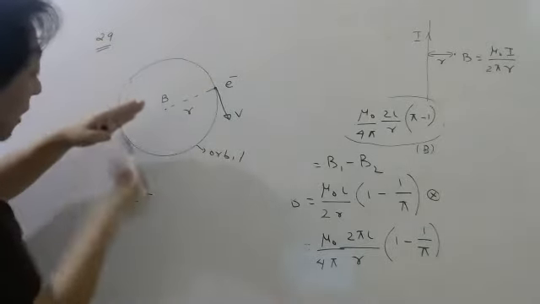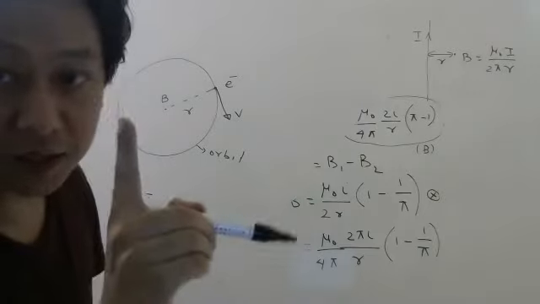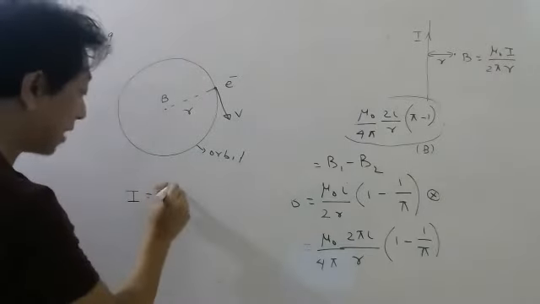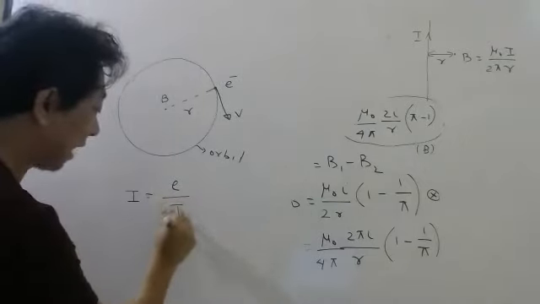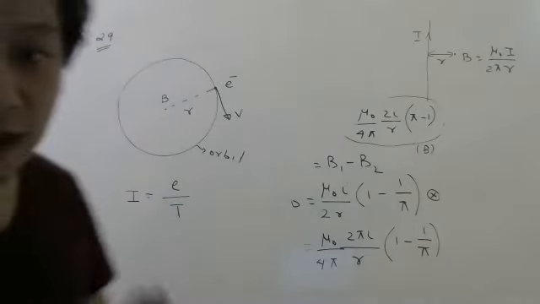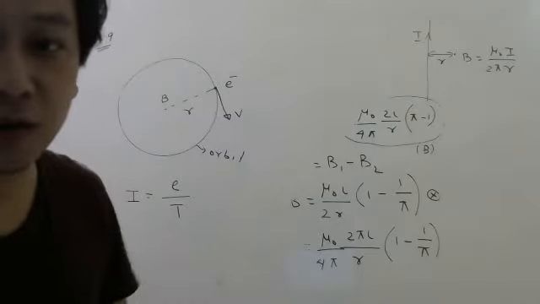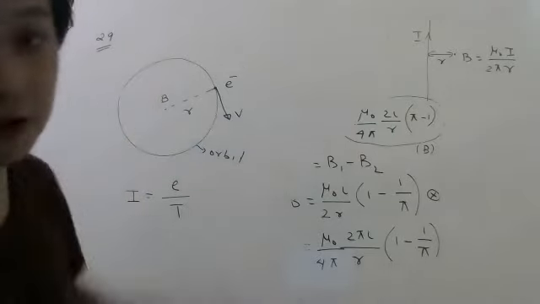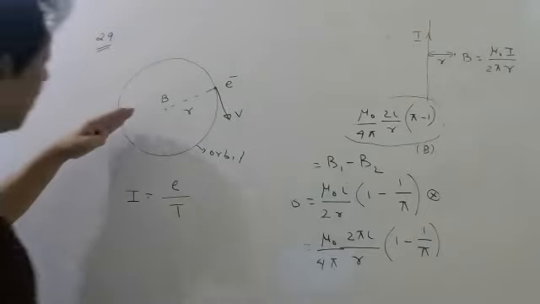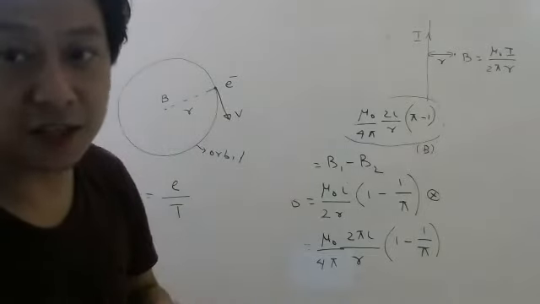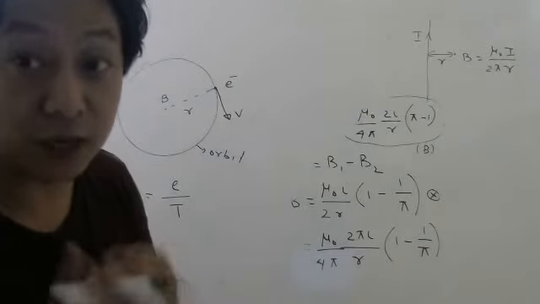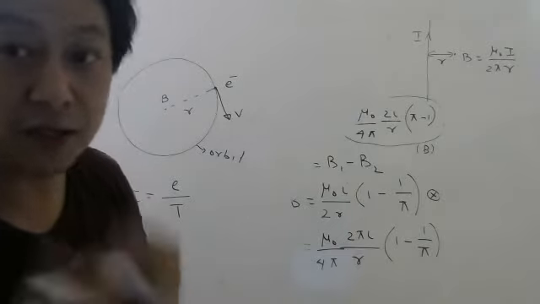So how much electron passed? One electron passed, yes or no? So the charge which passed is e in magnitude and time taken is time period. So this is your average current, or you can say equivalent current of the flow of electron. So this is the current. Again, let me tell, wait for some time. Now don't choose any nonsense time. You have to choose a time which you can calculate. So best time is time period.